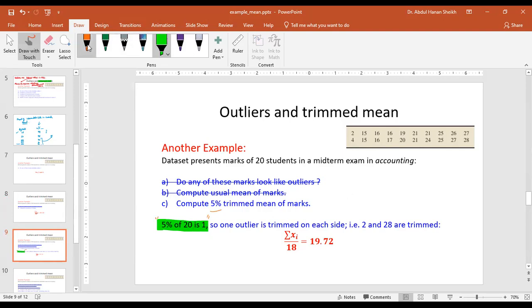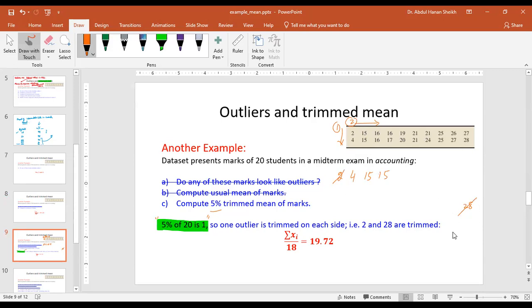Before trimming, we have to rearrange this data set into ascending order. So like 2, 4, 15, but if you just look at this data, it is already arranged: 2, 4, 15, 15, 16, 16, 16, 17, 19, 20. So these two are the smallest values, and this is the largest value. Trimming 5% means trimming one value on the minimum side and one value on the maximum side. So we start from